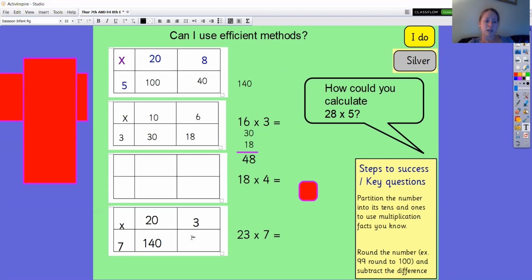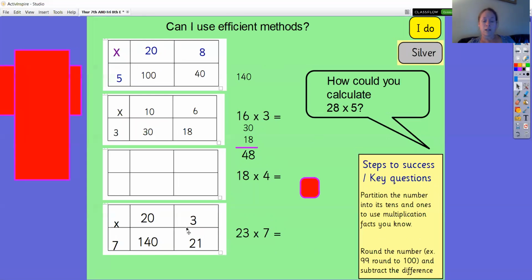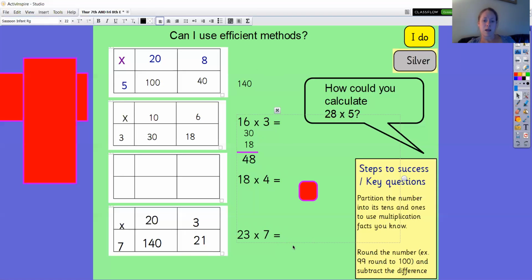Then what's 7 times 3? Again, I know that's 21, but if I wasn't sure, then I can write out my times tables or whatever I need to do to get that answer correct. Or I could even count in 3s, couldn't I, if I don't know my 7 times table. Then making sure I line it up properly, I either just add them mentally, which I think I can do. So I'm going to say, right, okay, my answer is